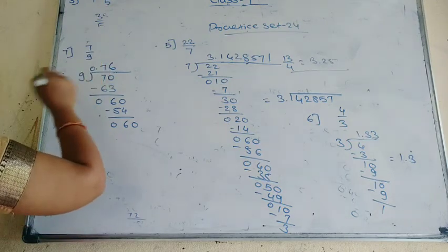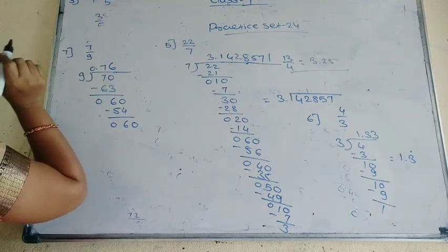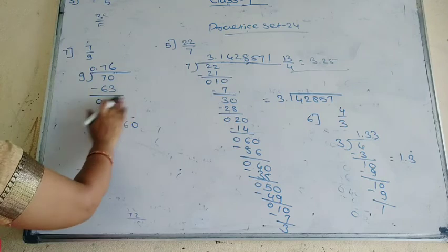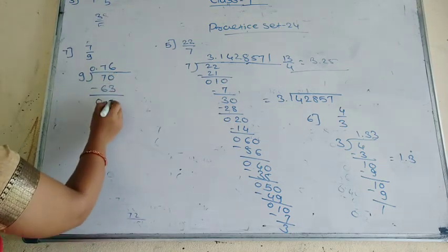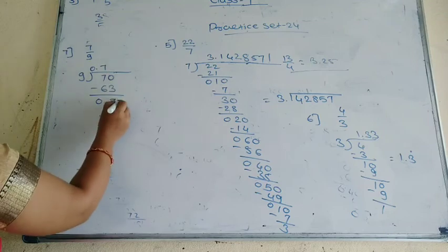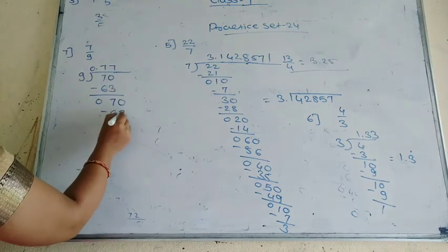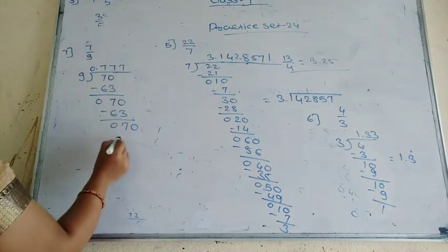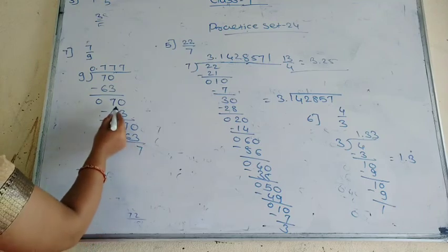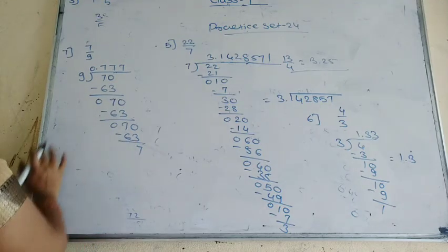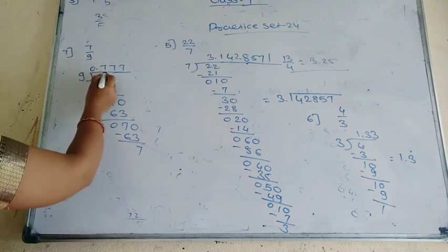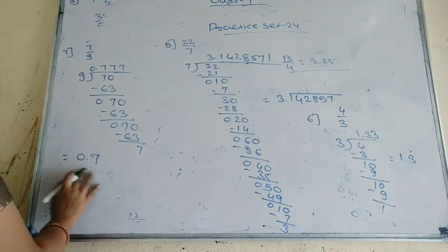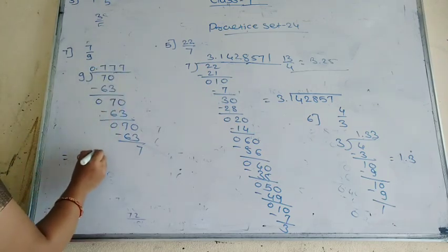Sorry, here 10 minus 3, 7. Then again you take 10. Again here 9 times 7 is 63. Again here 10 minus 3, 7. Again you take 10. Again 9 times 7 is 63. Here see the remainder repetition of the 7. Therefore you write only one number here. Here also in the answer there is repetition of this 7, 0.7. Same digit 7, and here write 1 dot.